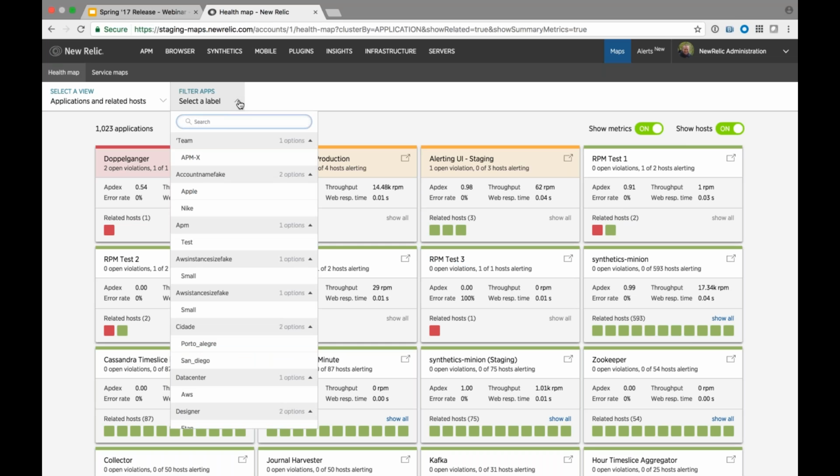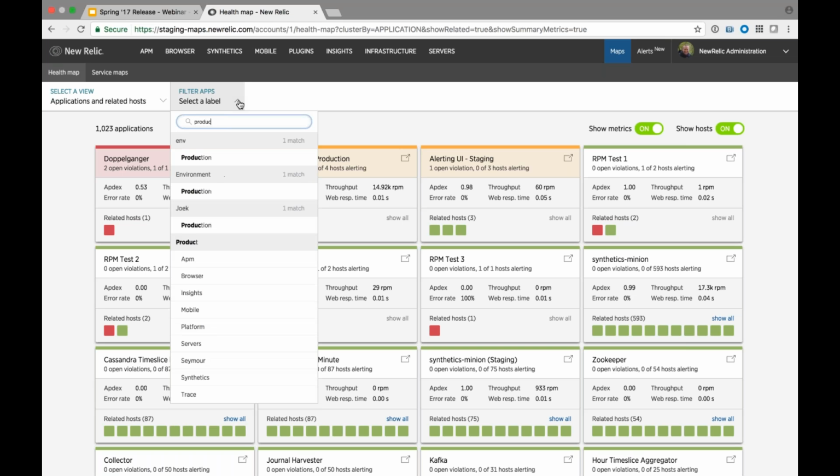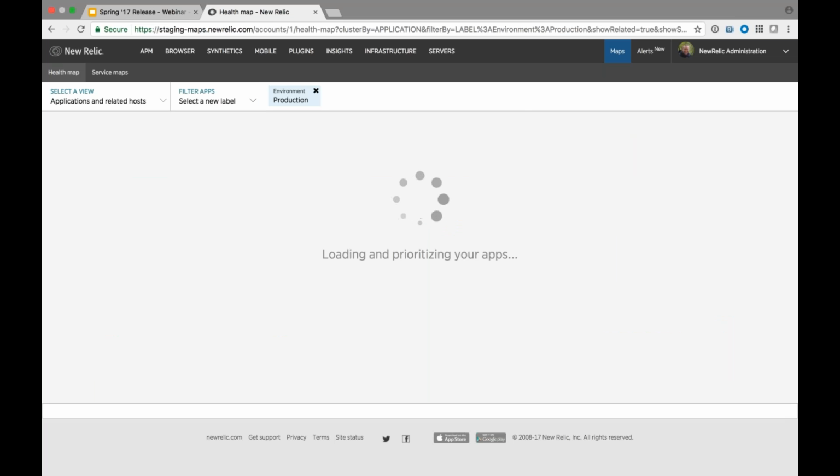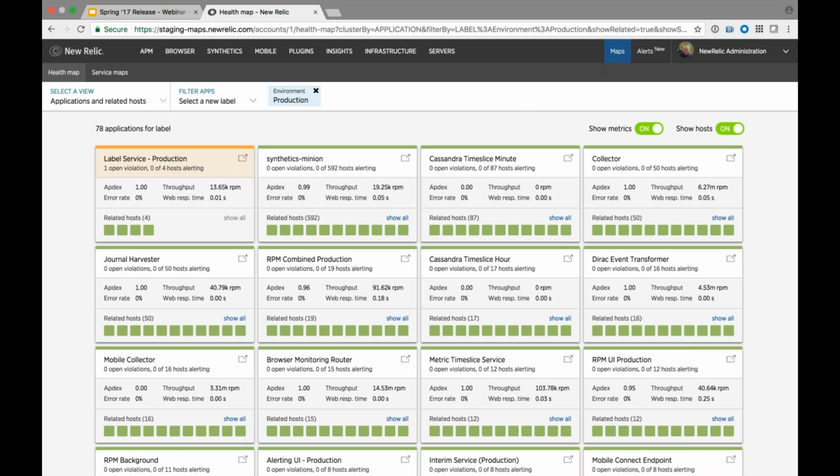You can use New Relic's labels function to attach metadata to your applications and services. And so I'm going to go ahead and just show you briefly that you can filter this view down to one of those solutions. So here I've picked environment production. It's going out requerying, and now it's pulling up. Before, we had over 1,000 services and applications available there, and a lot of our staging and that sort of thing. Here, what you're seeing is the items that have been labeled as in the environment production,